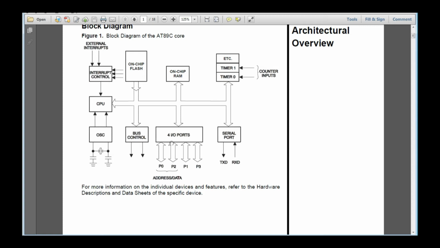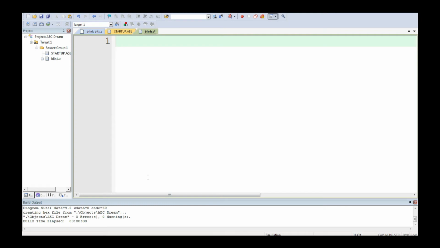If the sensors are connected to the ports, the port has to be configured as an input port. If the actuators are connected to the ports, the ports must be configured as output ports. That alone we have to understand. That we will be discussing while simulation. So we'll go to the simulation part. For convenience, just look at what is happening.